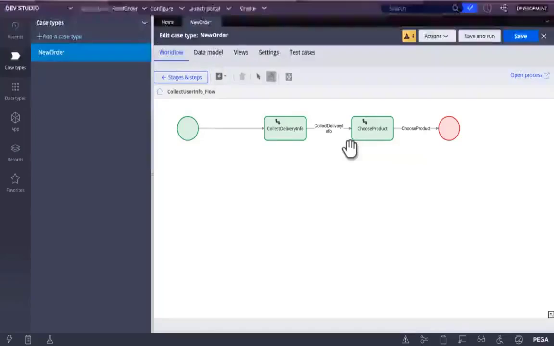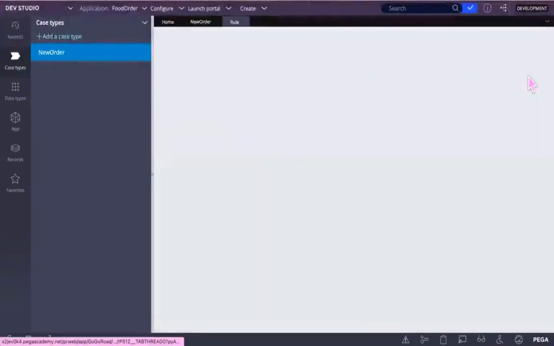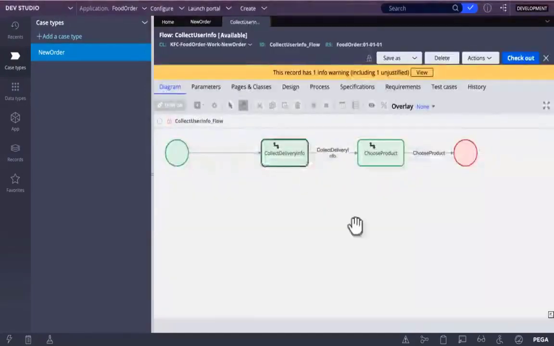So now you have created a life cycle. Now we have to create a flow action. You click on the open process on the right side. You have open process, right? There you can click. It will open up flow. You can see on the top left side the rule category flow, in the work area only.